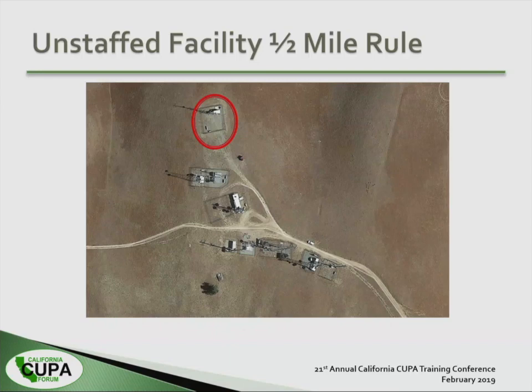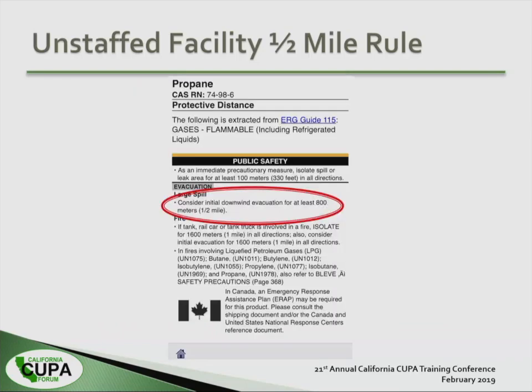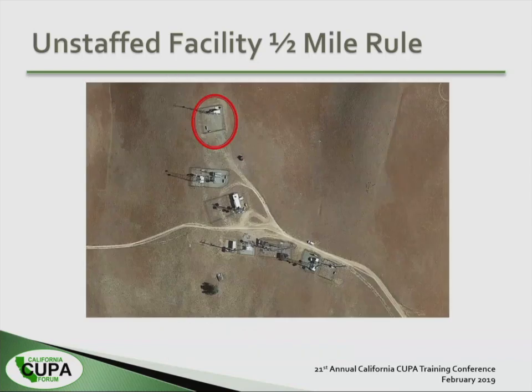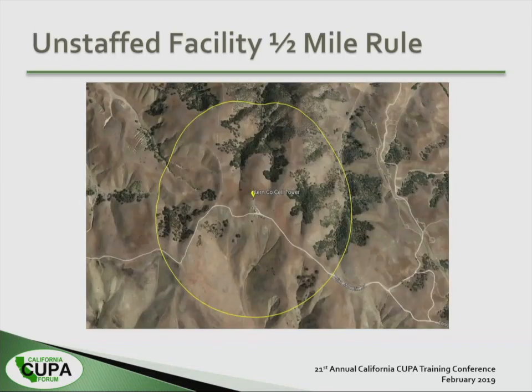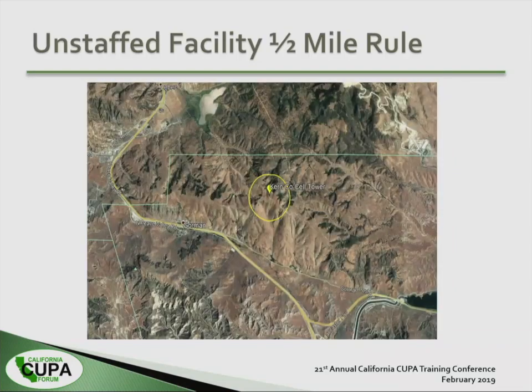All right, so unstaffed facility. You can always use Google Earth Pro. Hopefully your agency or your business has Google Earth Pro. You can identify the facility, so I've identified this cell tower through Google Earth Pro, and then I made sure that there's no occupied structure within my remote site. And then zooming out further, I can see that there's no occupied structure within half a mile. As you can see, the nearest road from the circumference of my site is about 2 miles away.